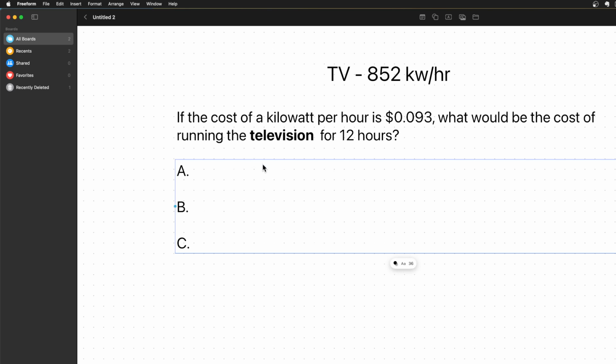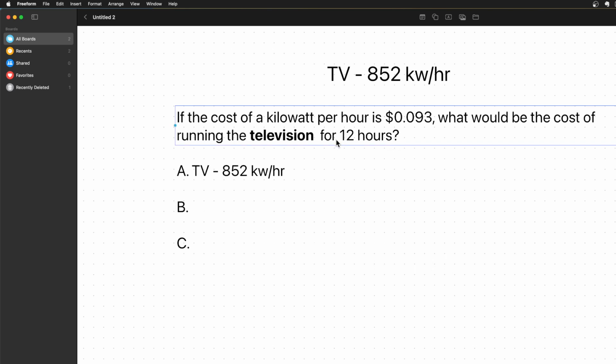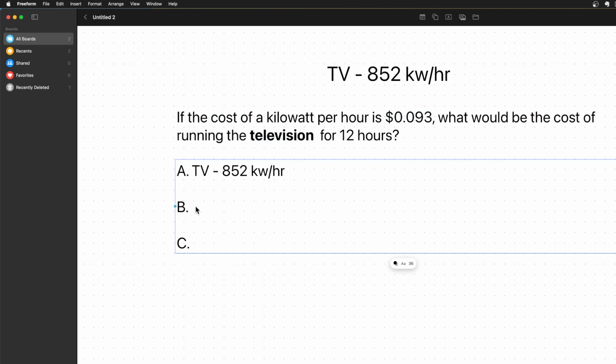Okay, if you were to run your TV for 12 hours, the first thing you want to do is know what the cost of the kilowatt per hour is for that TV, which we already had. You would get that from the bar graph in the future, but it's 852 kilowatts. Then you'd want to figure out how much power it would use for the time it's running, which is 12 hours. So if you take the 852 kilowatts and you multiply it by 12 hours, that's going to come out to